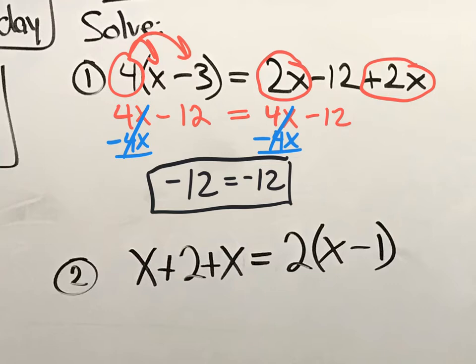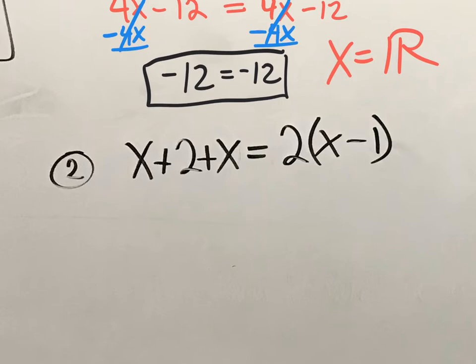Now, what does this really mean? It means that no matter what your x's are, look, our x's canceled out. So it doesn't matter if x is 5, if x is 20, or even if x is pi, or like negative square root of 7, right? All of those values, x could be any real number. So that's what we write on this equation, which was a special case. X equals all real numbers. Okay? Now on the other one,